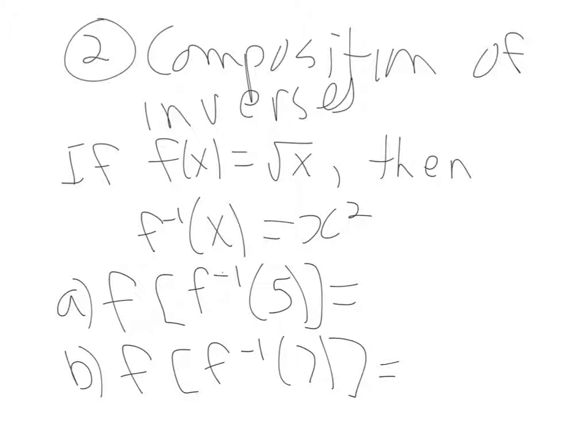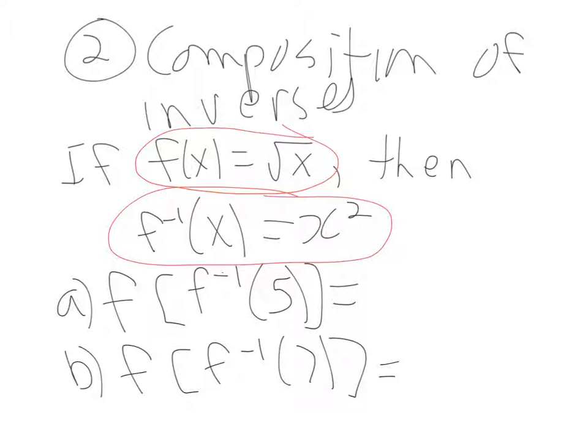Okay, let's look at composition of inverses. So now that we know the way things are written, as our example, let's start with f of x equals root x, and the inverse of that, of course, is x squared. I think we know that. So if I was to do a composition of this, we start with our outside function, f, and then write an open bracket. So our outside would be square root, and then inside the bracket would be